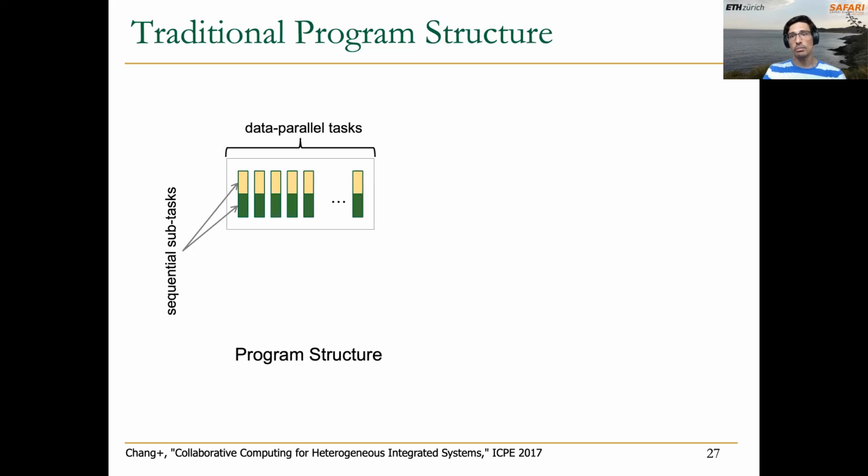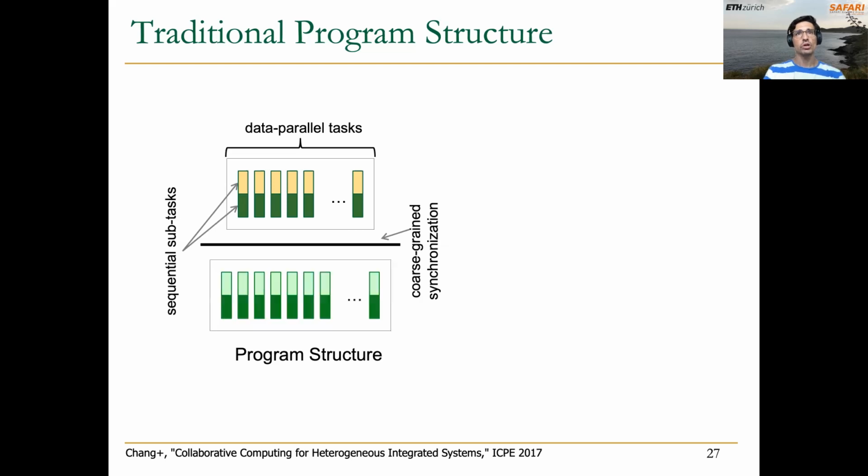These are the data parallel tasks that we meant. All together with the GPU threads that execute them, they can be considered a GPU kernel. And at some point, this kernel terminates. As you know, kernel termination is essentially a coarse-grained synchronization across all the involved workers in the previous kernel. And after one kernel finishes, it's possible for the CPU to launch a new kernel with new data parallel tasks,